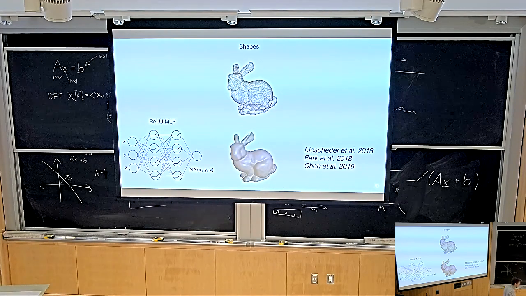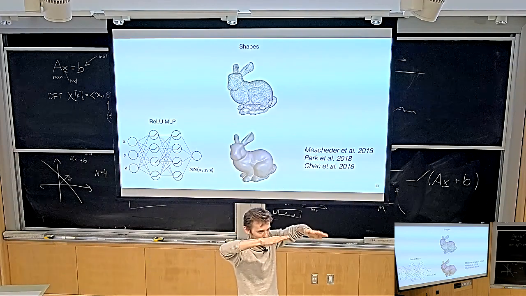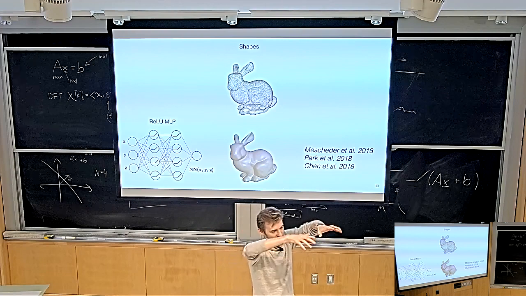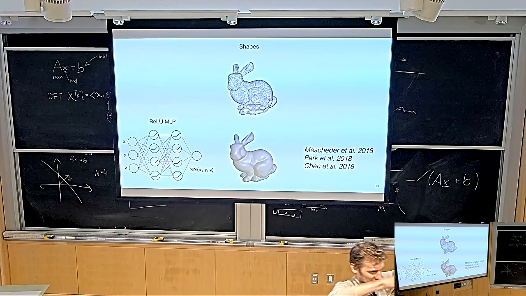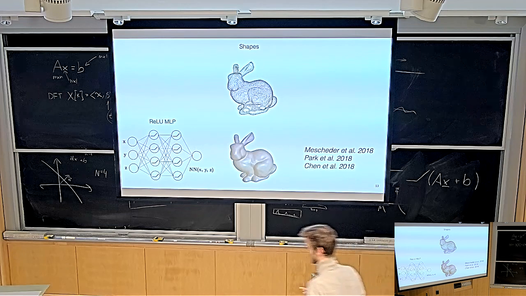Now what you have to imagine is that when you want to fit the shape, all of these hyperplanes have to move, and all of these hyperplanes have to anneal onto the surface of your object. If you have an object with lots of high frequency detail, all of these little hyperplanes have to wrap around your object, and it's a piecewise linear approximation of your object. ReLU neural networks are literally piecewise linear. If you zoom in really small on the output of a ReLU neural network, you'll just see lots of tiny piecewise linear pieces. So this is, in fact, a piecewise linear approximation of your shape.